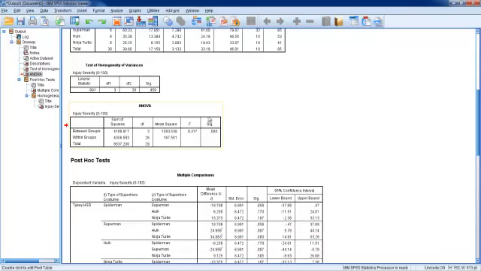Now this ANOVA table should look very familiar to you if you've been working on your homework so far, or if you watched the other lecture. This is our summary table. We have our sum of squares between groups, within groups, total, our degrees of freedom, of course, k minus 1, our total n minus k. We can divide those out to get our mean square. Sum of squares between over degrees of freedom between will give us our mean square between. Sum of squares within groups over degrees of freedom within groups gives us our mean square within groups, right? And then if we want to calculate our F statistic, we take mean square between groups over mean square within groups, and that gives us our F statistic of